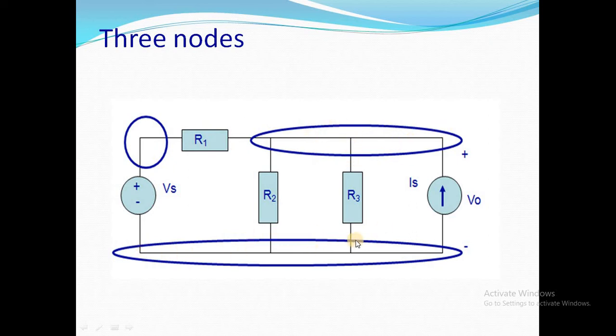Here also, in between these there is a node. Suppose there were some resistance here, then you could add another node, but there is no element. We have seen that wire has negligible resistance, so we don't consider it as a resistance. All these are connected together and considered as one node. So how many nodes are there? 3: 1, 2 and 3.